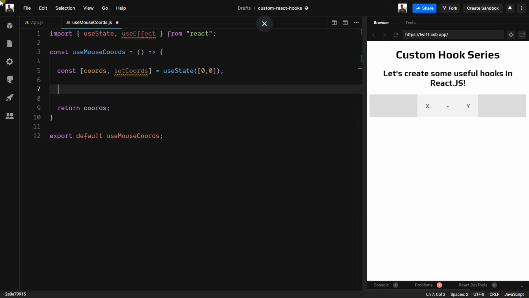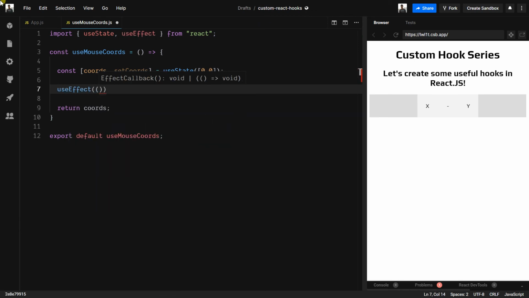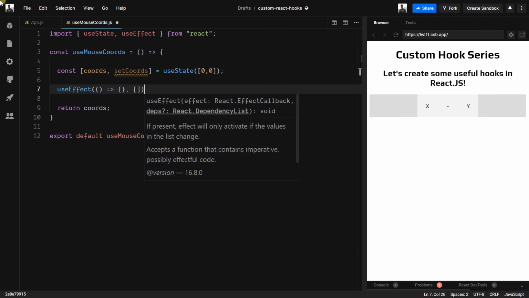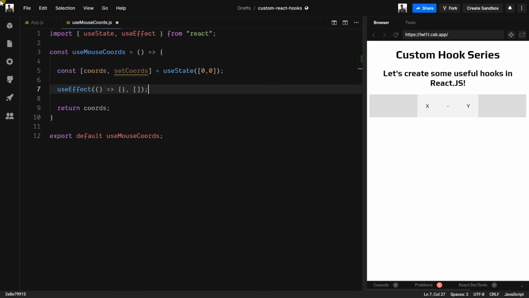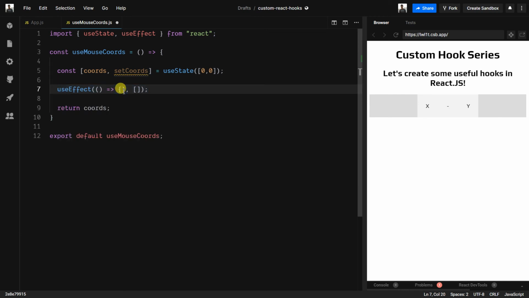So let's import the useEffect hook and use it here. We will pass in a function, and for the dependency array we will pass an empty array. That means the useEffect will only run when the component is mounted for the first time. So it will work like componentDidMount.